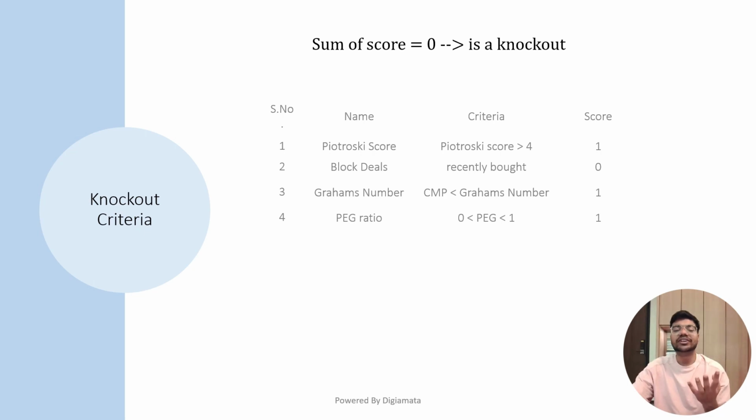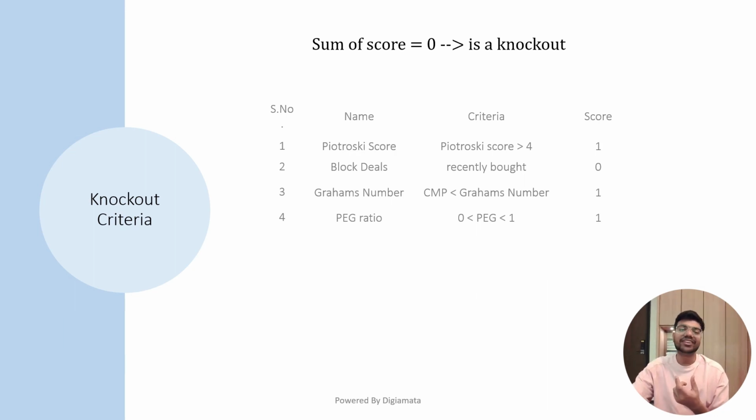Now you are already aware of your PEG ratio, right? Yes, we have covered this in the financial ratio lecture 5. Now let's try to understand the remaining of the 3 parameters. The first is your Piotroski's score. So Piotroski's score is from 0 to 9, and it gives the fundamental of how good a company is. So 0 being the company is fundamentally weak, while 9 being the company is fundamentally strong.